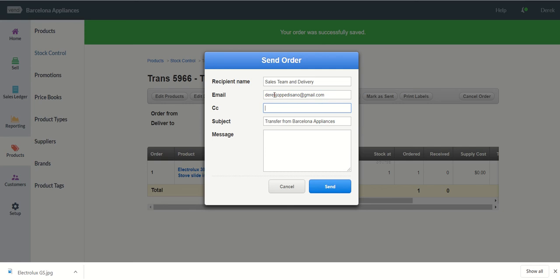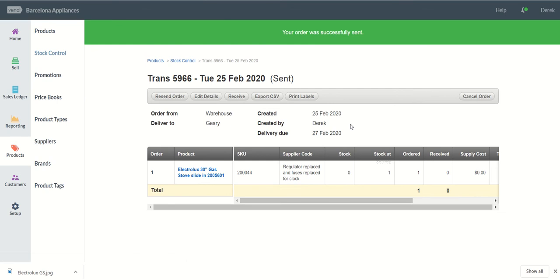and if it gets sold, also send it to the sales team at Geary. Let's call it salesgeary@gmail.com. We can call the subject whatever we'd like and put in a message: delivery of 1 gas stove. Once that's set, you can actually send. You'll notice the status will go from open to sent. And once it's sent,